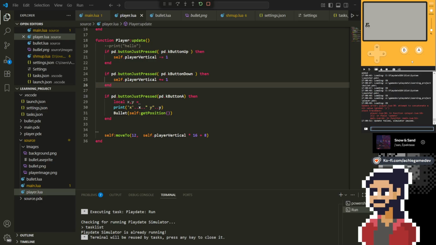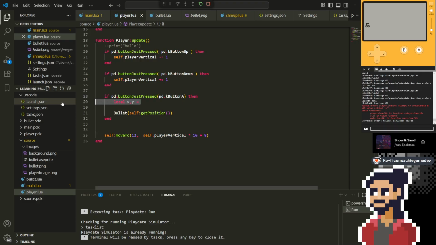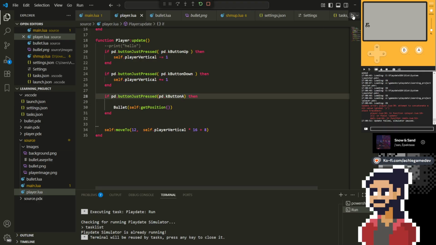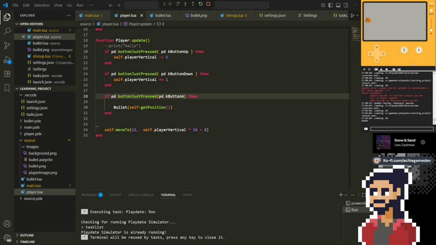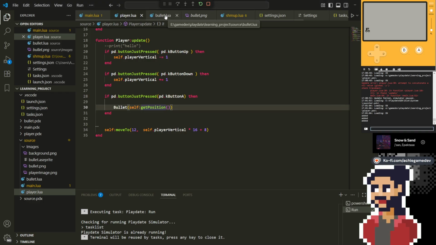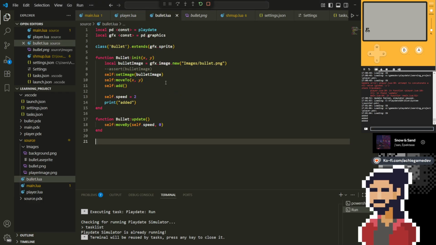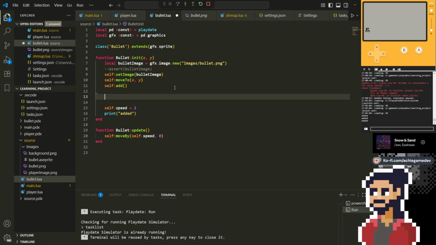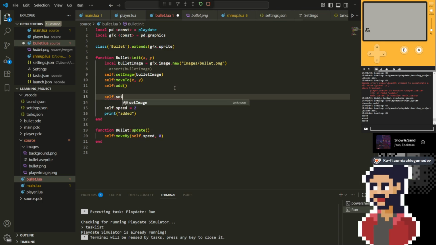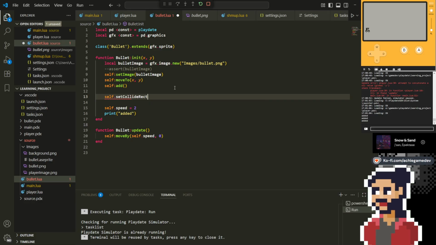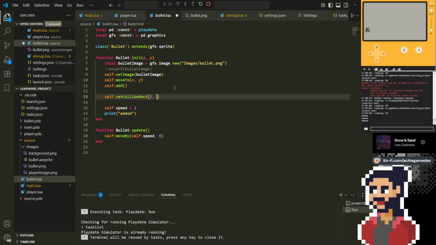No, it doesn't. Oh, because this was lower. Lua is here. Yeah, it works. Okay, cool. That also works. Expected. We just had a different issue. So it was self dot set collide rect. Set collide rect 0, 0. And we can do